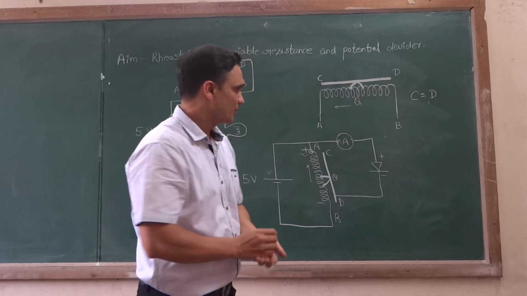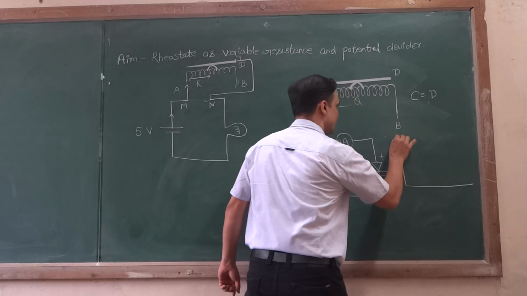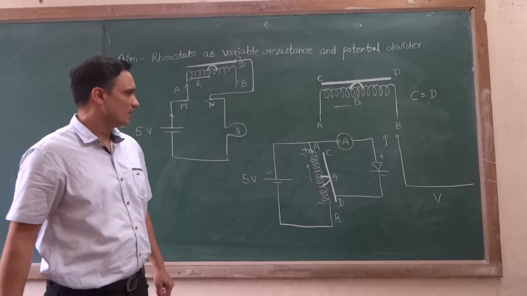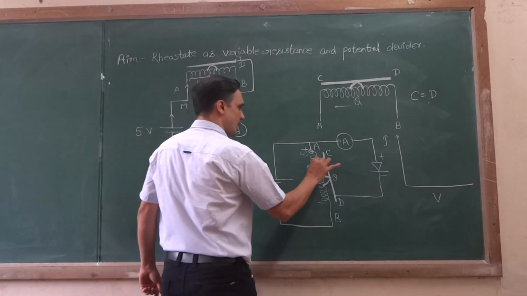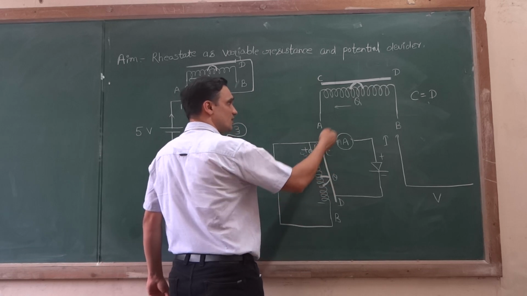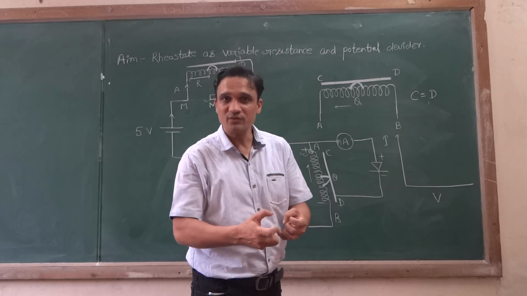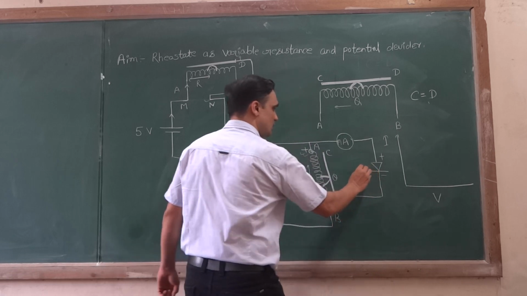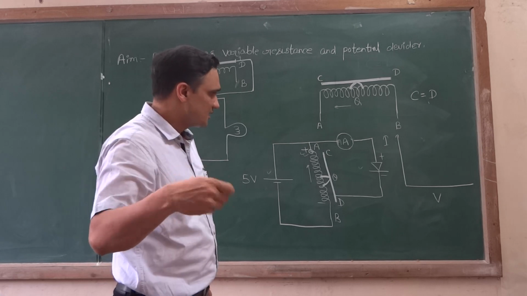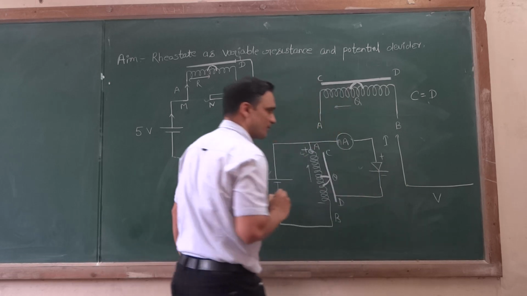Let me take a graph, which is basically the IV characteristic of the diode, with the voltage you apply on the diode. When the contact point Q is towards the point A of the rheostat, then a small potential, let me take 0.1 volts, is appearing across the diode. The corresponding current is very small, even less than the milliampere order. So a very small amount of current will appear.